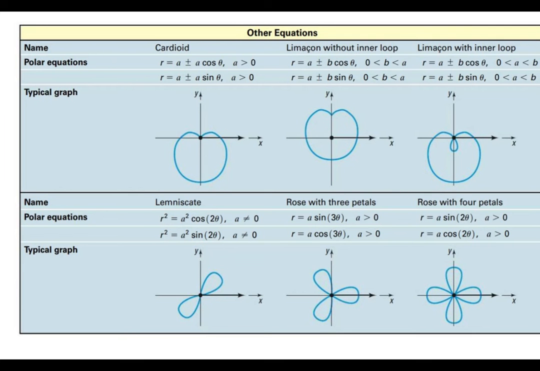And then if you have r is equal to a plus or minus b cosine or sine theta where a is less than b, you're going to get a limacon with an inner loop. Then if you have r squared is equal to a squared cosine of 2 theta or sine 2 theta, you're going to get a lemniscate. And then if you have r is equal to a sine or cosine of 3 theta, you're going to get a rose with 3 petals. And if you have r is equal to a sine of 2 theta or a cosine of 2 theta, you're going to have a rose with 4